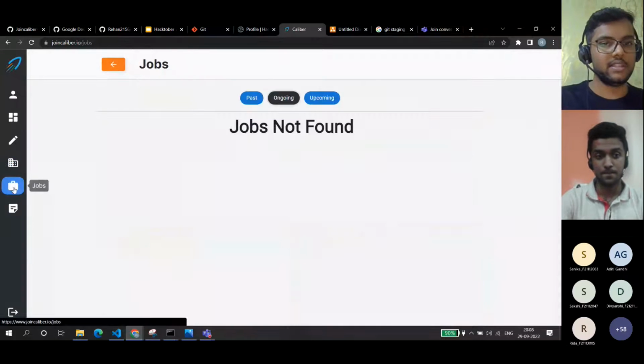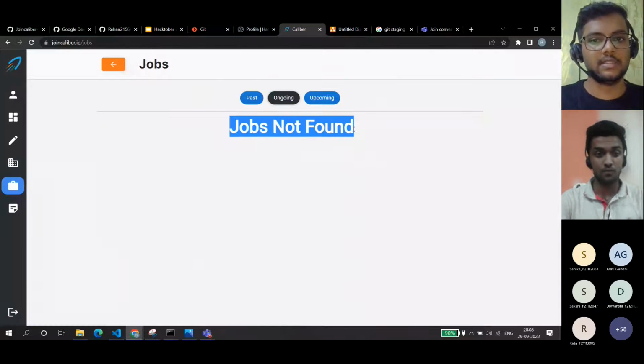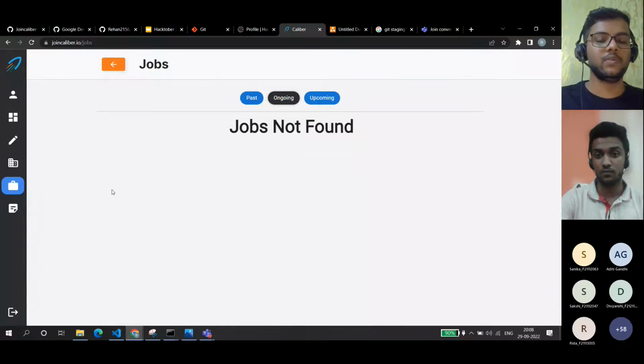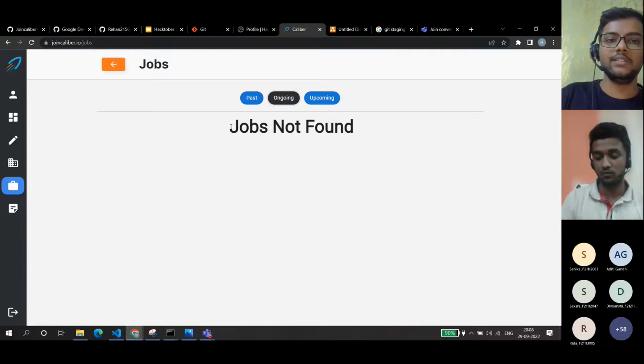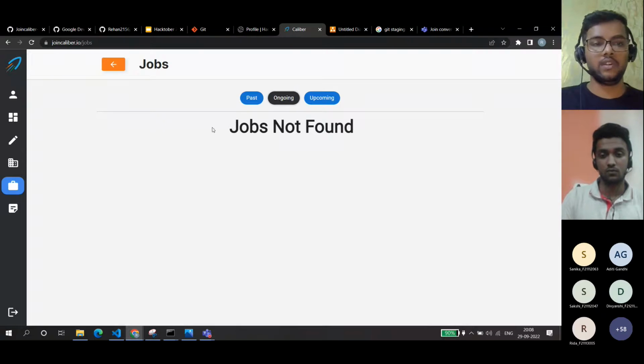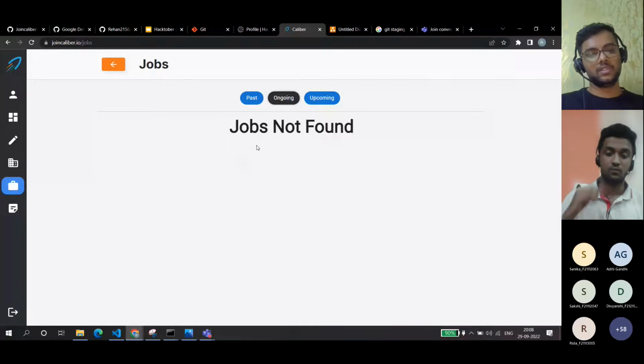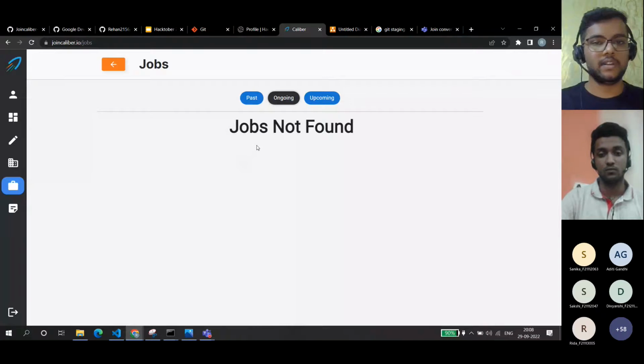Okay, and then there is a section of jobs. This is something not done yet, but jobs will have all the off-campus openings for you. Let's say a company that does not visit Mescoe hires from all over India. We will have a card over here, so you can apply. You don't need to scan 10 or 100 different websites or YouTube channels to know which company is hiring. So here we'll be adding those.